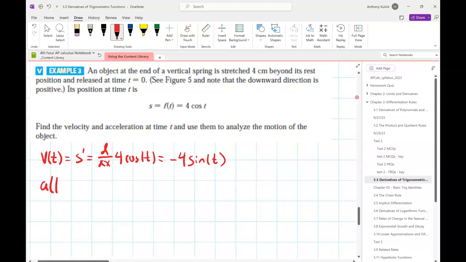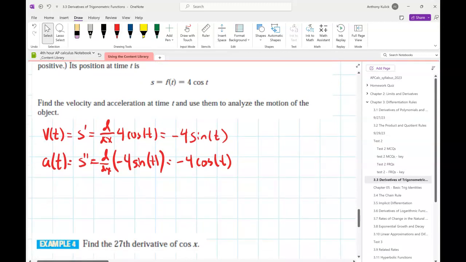How do I find acceleration? The derivative of negative 4 sine t. Yeah, it's the second derivative of position. Okay, and what is that going to be? Negative 4 cosine t. Good. So far, so good. Okay, and then it says use them to analyze the motion of the object. Okay. Well,